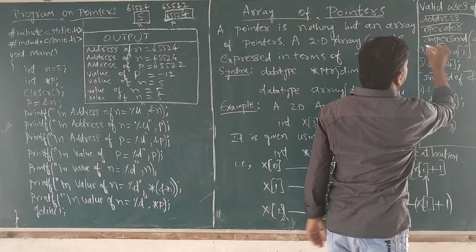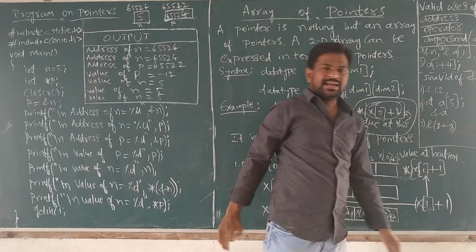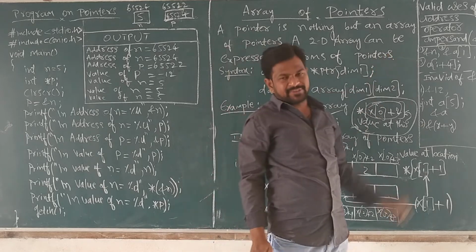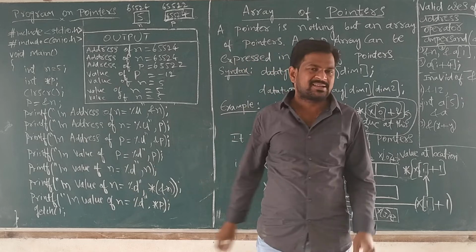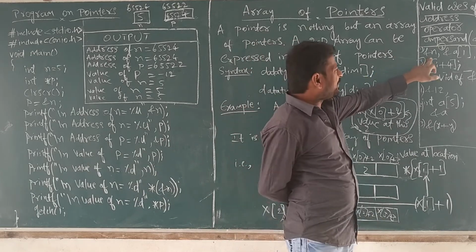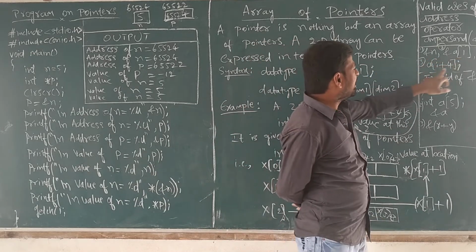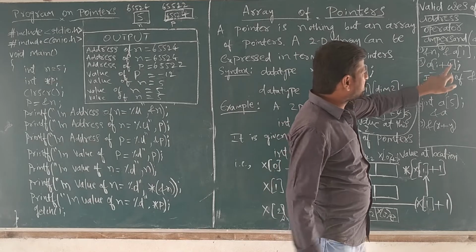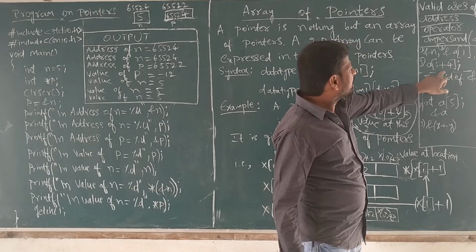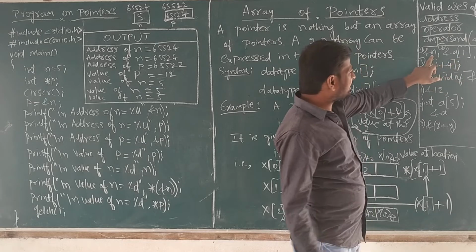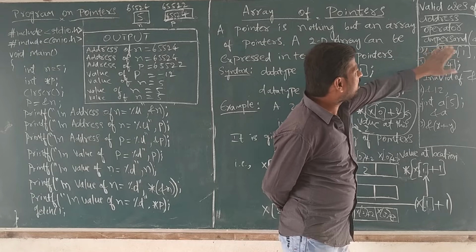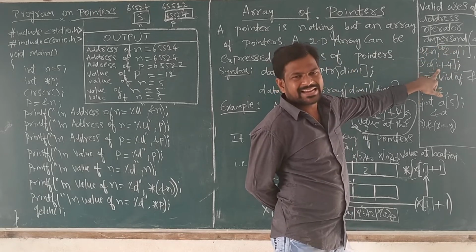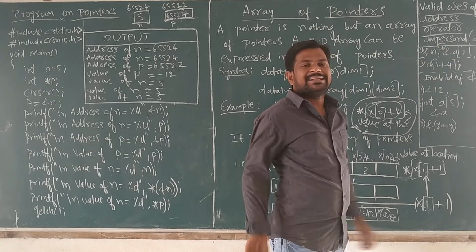So we need to represent the value using an address operator. We need to learn about the address operator, that is ampersand. We have seen this in the scanf function, but it is very important to know in detail in the pointer concept. So here ampersand n, comma ampersand a of 1, ampersand i plus 4 are used in pointer and array concepts. It is the array-to-pointer concept. These are all declaration and initialization of pointers.